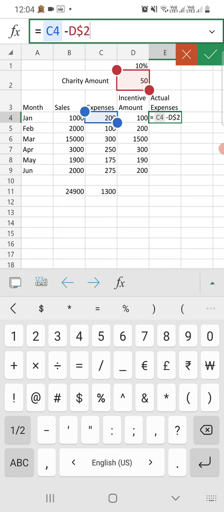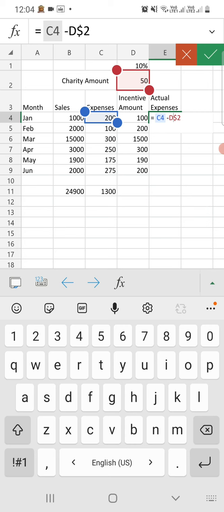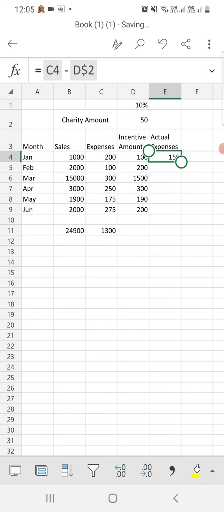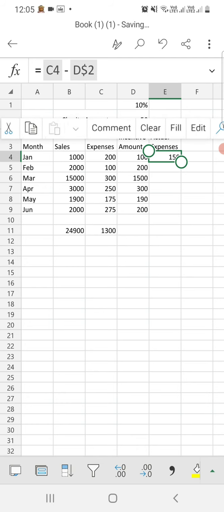So now you are in that cell. You need to just click on that right sign. You will get the data. The data is 150. Now copy the cell when you get the fill option. When you get the fill option, choose that fill option and then drag the cell.